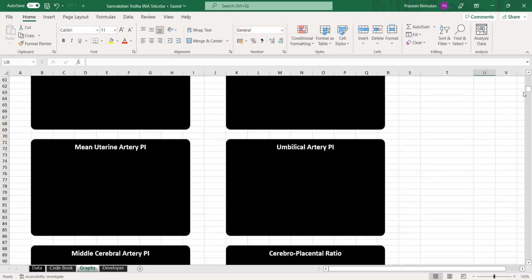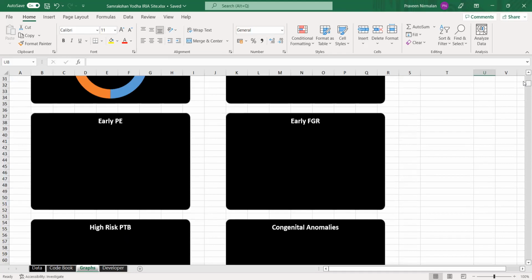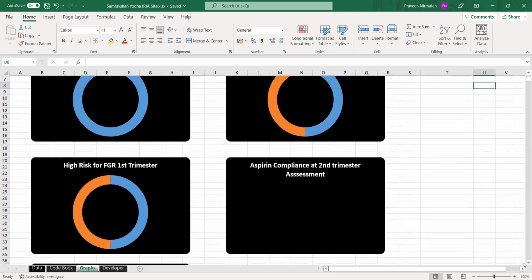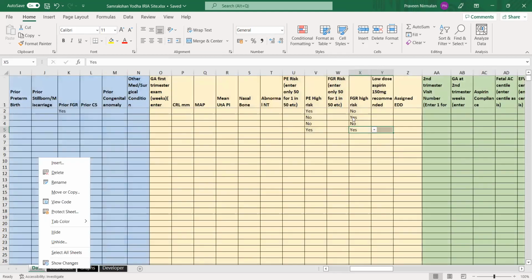As you keep doing this, you will find that the graphs actually will start showing you the exact number. So you see here, it gives you the value, it gives you the percentage. Just hover over it, you get the value and the percentages. We are also setting it up so it's coming as a data call out where you can see the value and you can see the percentage. So this happens. Now let's get back to data, and you enter one